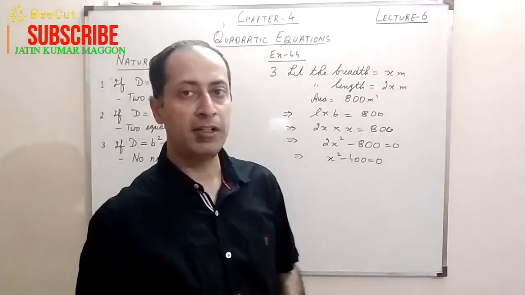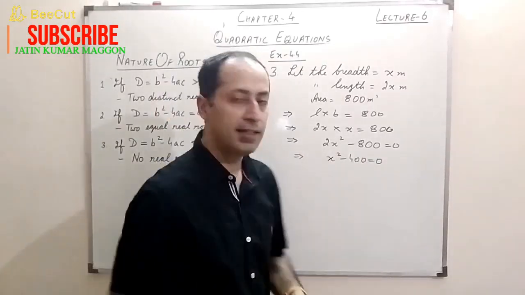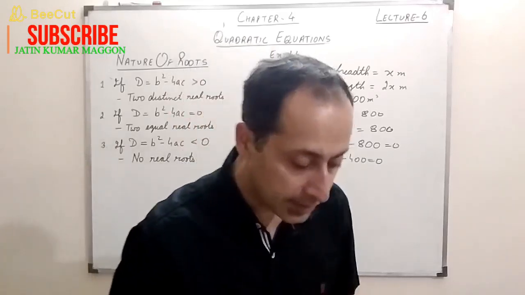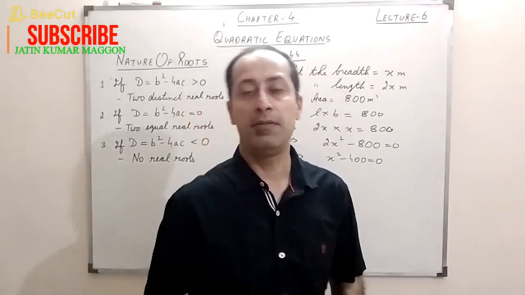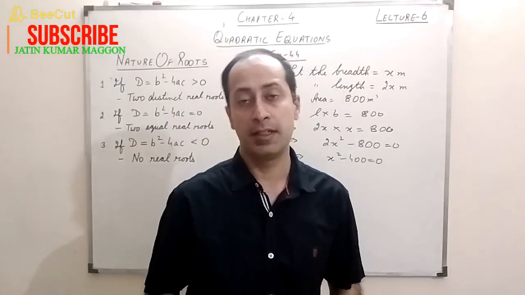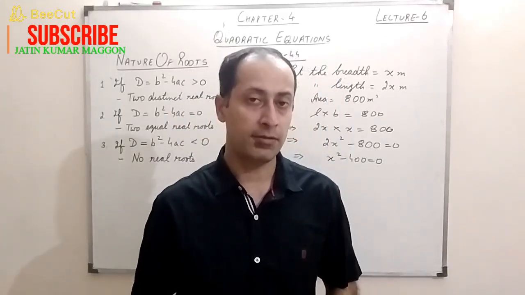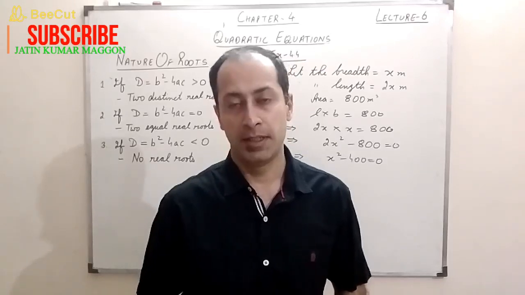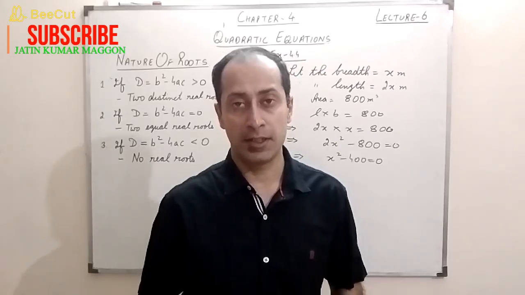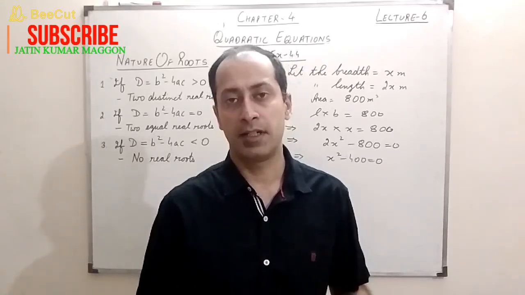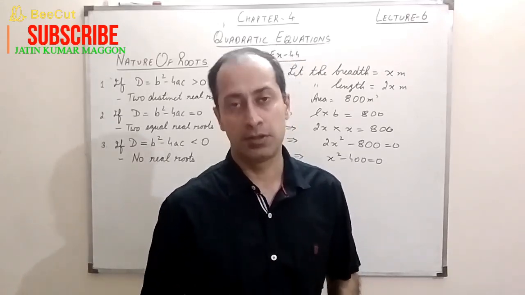Now, some of the students, what they will do, they will just factorize this and they will find the answer. But what they have asked is, is it possible to have this kind of length and breadth in the given area? So it means what we have to do, we have to first of all find the discriminant. If the discriminant is greater than or equal to 0, then this condition is true. Otherwise, this condition is not true. This cannot be solved, right?